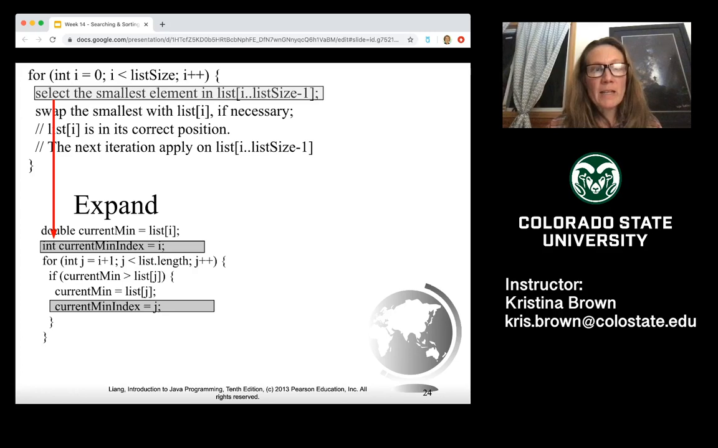So, and we're setting it equal to, you can see that in the expanded version, we are saving the index of this value, and we're also saving the element within that index as well. And then we're going to go through this for loop, and we're going to compare that smallest value with whatever